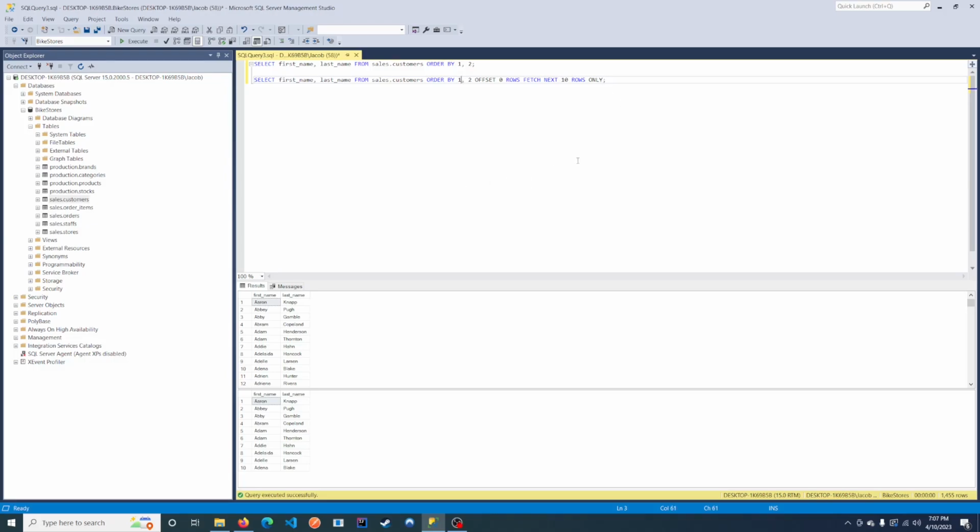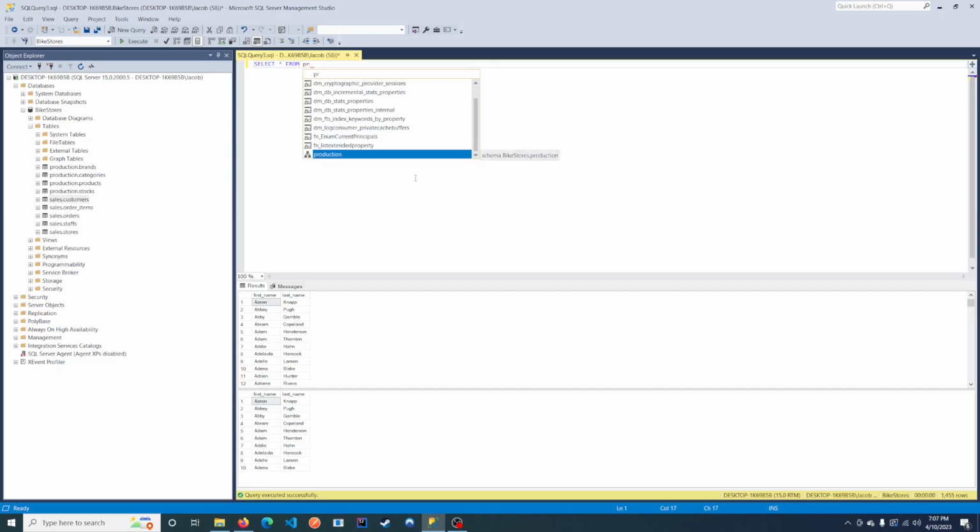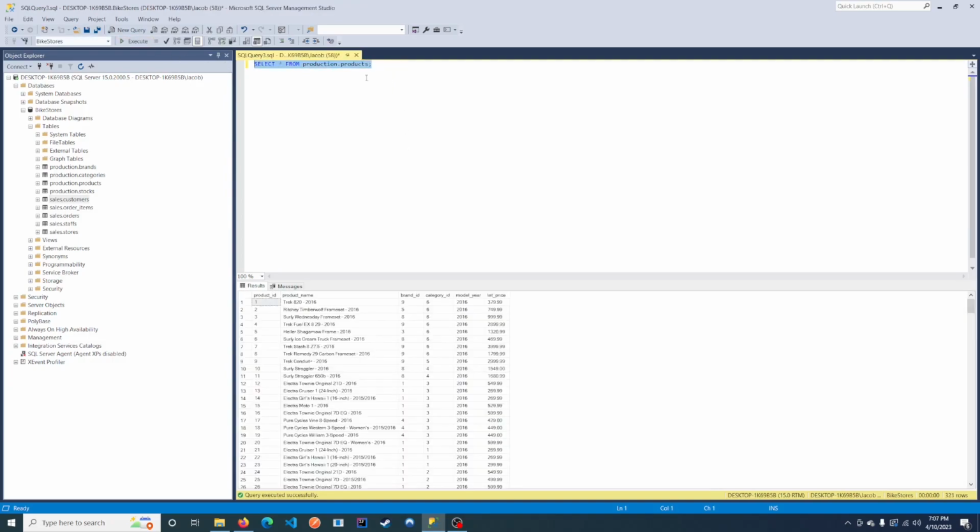All right, now another row limiting keyword that I want to cover is top. So I'm actually going to select from a different table now. I'm going to say select star from production.products. We'll start with that, and then I'm going to need to order by list price. We're going to go descending,